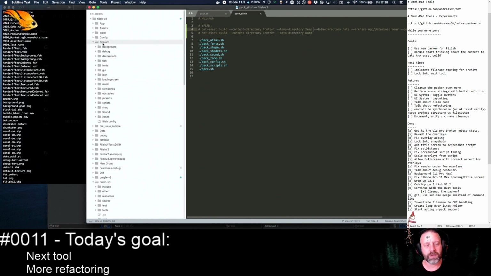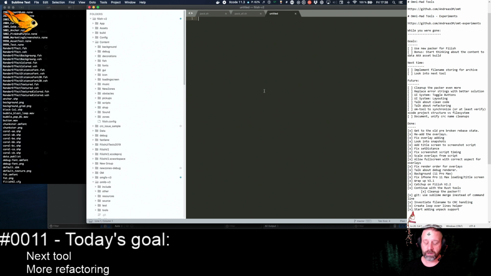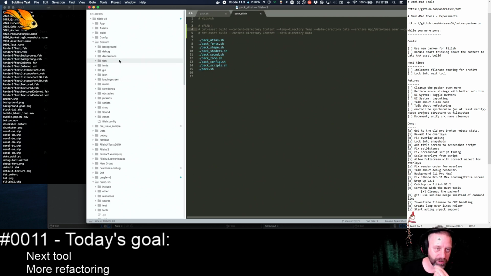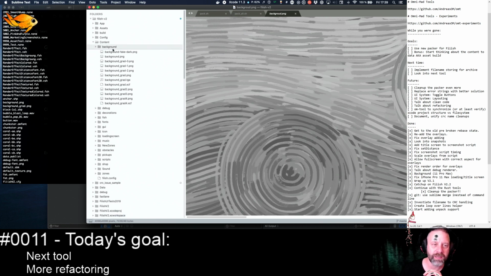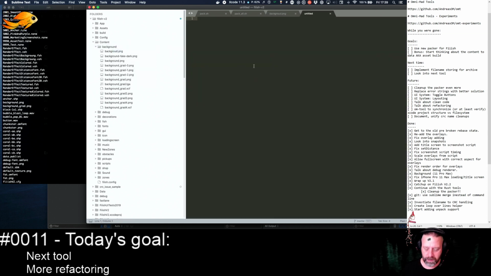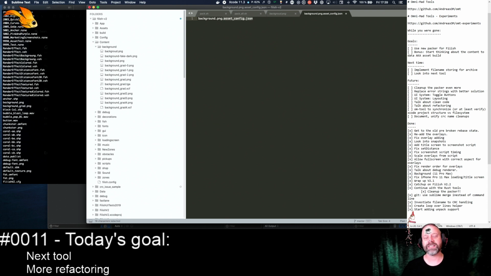So I could in the content directory just create a new file and call it, I don't know, asset config dot, I don't know, JSON, YAML, whatever. And maybe we start with that. I mean, the alternative could be, okay, in the background directory, I have a background PNG. And if I want to convert this, I create a new file here and call this, I don't know, background.png asset config, maybe .json, and then I just recursively search for asset config.json,